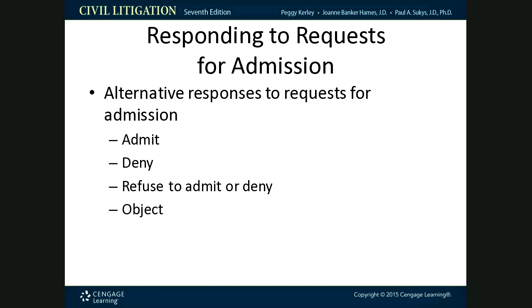So those objections are legitimate, but a lot of times people will object because something is compound. Something is compound if it seeks two answers in one question, or asks two questions in one admission, or seeks two facts in one admission. That's why I'm telling you, and I know I'm being redundant about this, but I want you to understand that each admission is one fact and one fact only, because that will eliminate that objection if you do it that way.